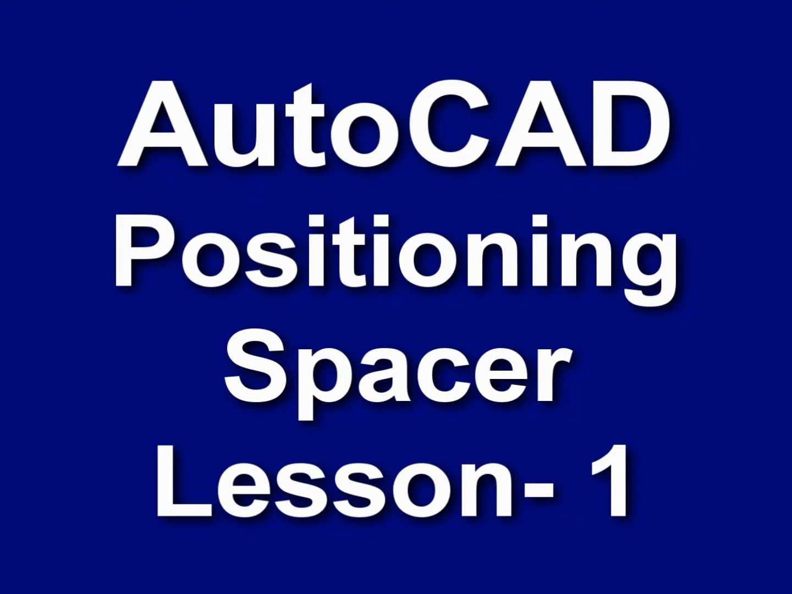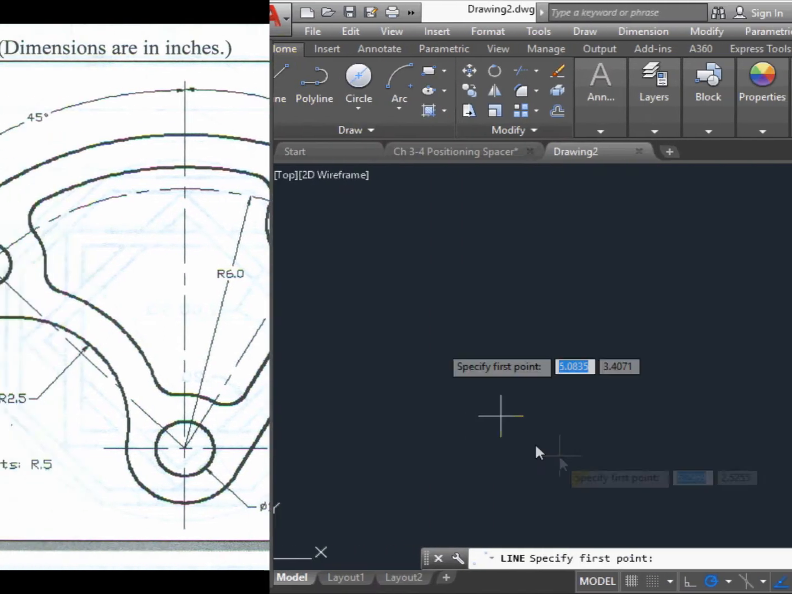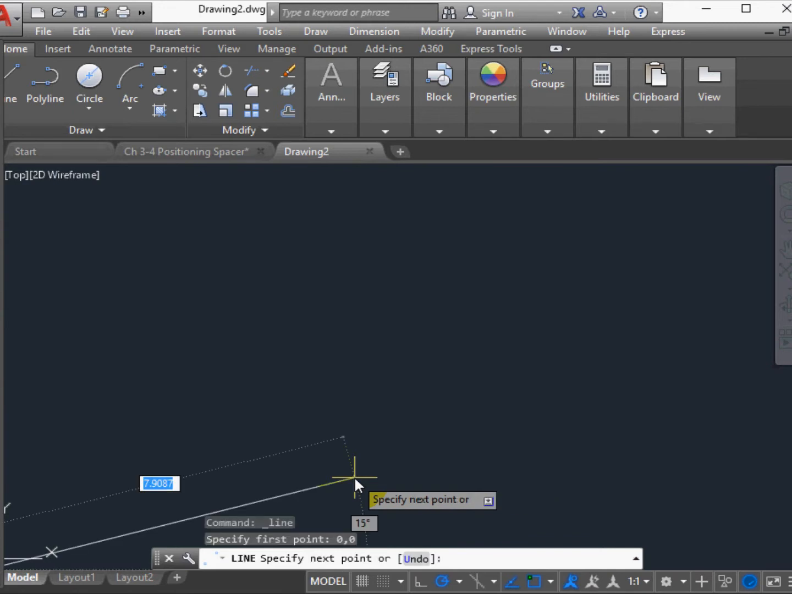In this lesson, I'm going to be building the positioning spacer. Looking at the drawing, I'm basically seeing a lot of circles with tangent lines attached to them. So let's go ahead and make a construction line for myself, starting at